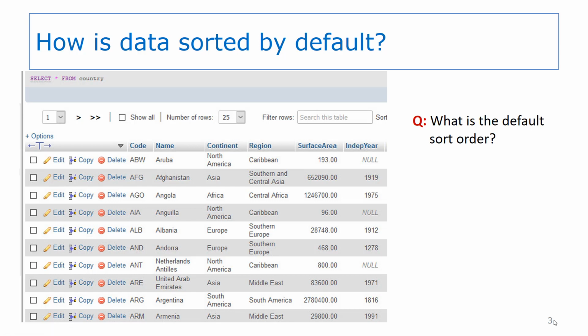First of all, we'll look at how data is returned from a select statement when there is no order by clause. In this example, you can see data in the country table. There is no order by clause. The data seems to be sorted by the code. The first few country names are sorted, but you start to see names further down in the list that are